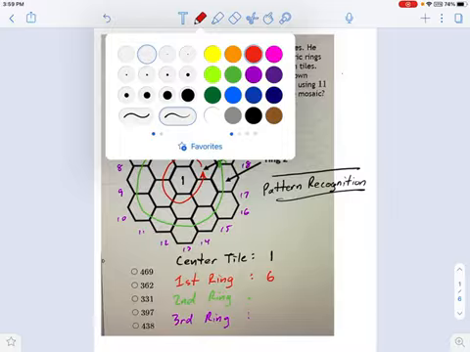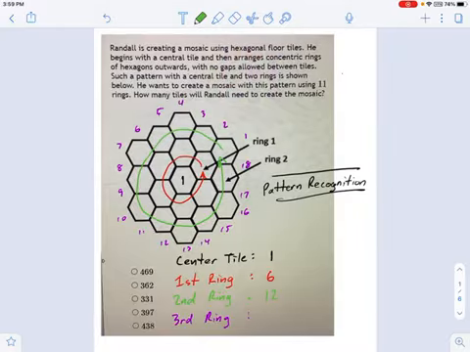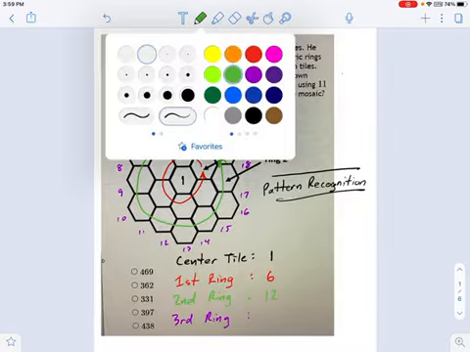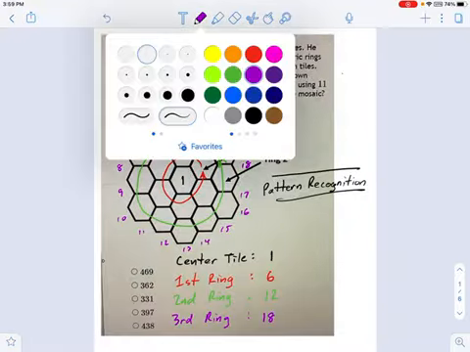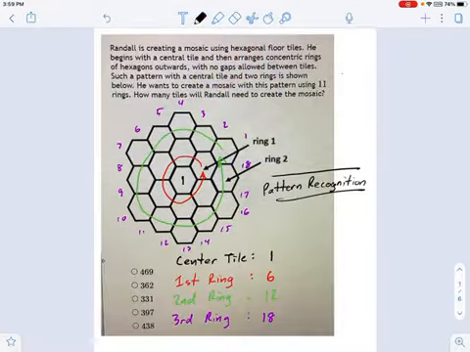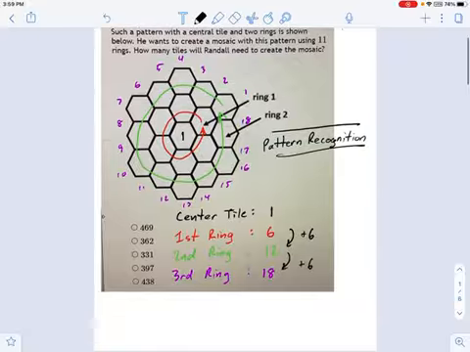In the green arrow, the second ring, you've got 12 tiles if you count those up. In the third ring, that's the numbers that I put in purple. I had to count it just to make sure, but that is 18 tiles. So can you see the pattern that's developing? The center ring is kind of an oddball, but after that, we just do +6 each time. And if you wanted, you could try a fourth ring, and you would find there's 24 tiles in that ring. So I want to know how many tiles are going to be in the 11th ring.